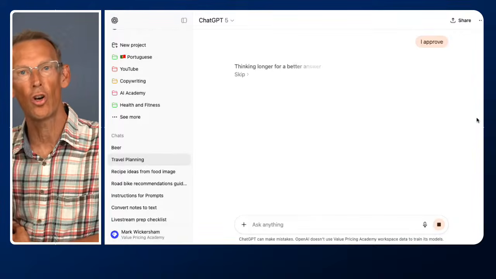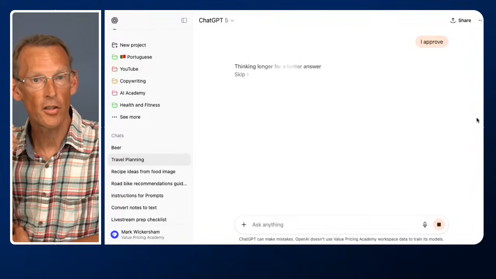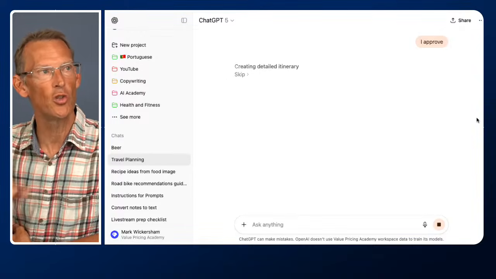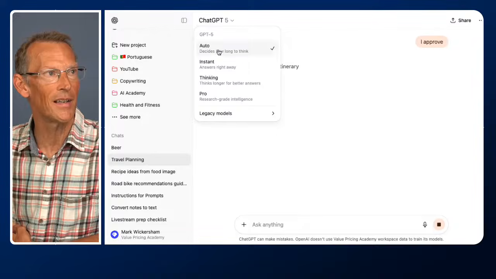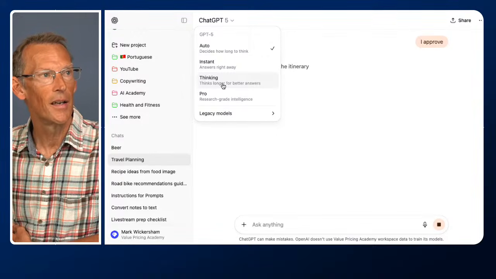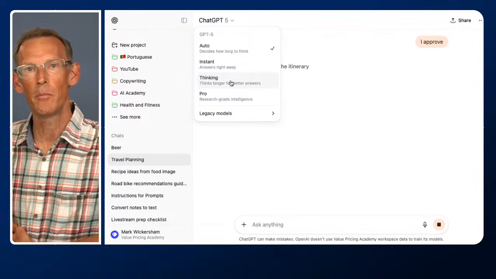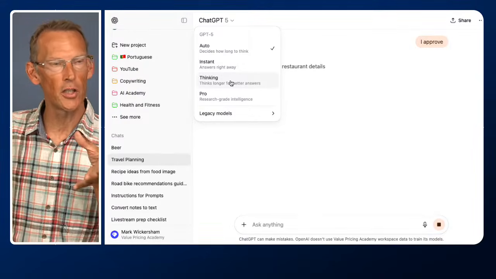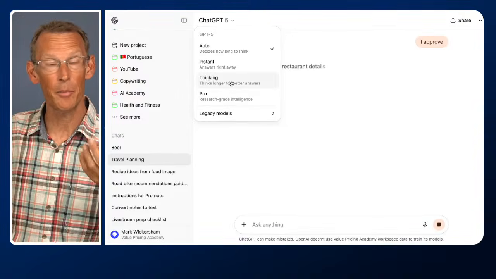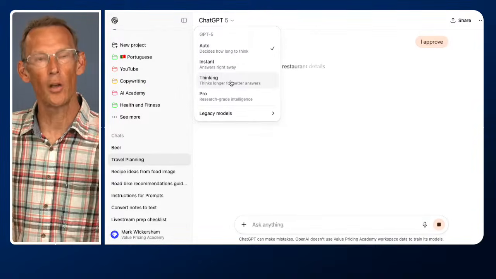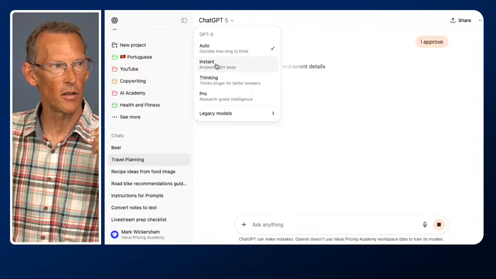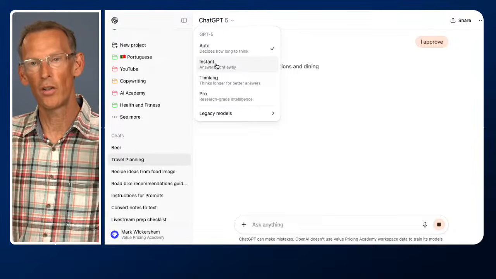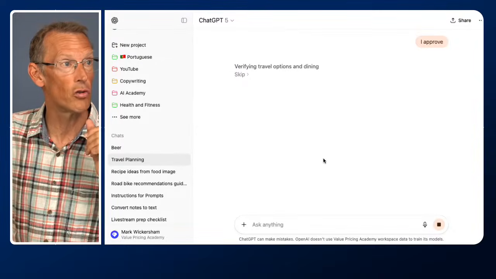Now, it's taken a bit longer because since the start of August 2025, we now have ChatGPT 5. Unless you specifically tell it otherwise by selecting Instant or Thinking, in this case it's choosing to do the thinking, and that means it may take 15, 20 seconds. You'll get a better response if it thinks things through, but it does take a bit of time. If you want the answer straight away, it will just use Instant, and that's fine for most things. If you want to know what the capital of Italy is, just go with Instant, or it should actually do that anyway and just say Rome straight away.